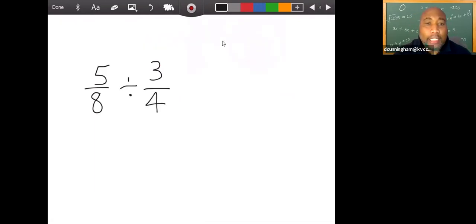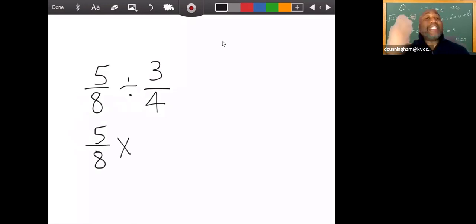So for the last section we're going to divide fractions. I'm just going to tell you right off the bat, you don't divide fractions, you multiply fractions. So there's no dividing of fractions, it's really multiplying. You change it to multiplication. And so what you do, you just say 5/8, because this is a division problem, times, now the second fraction,